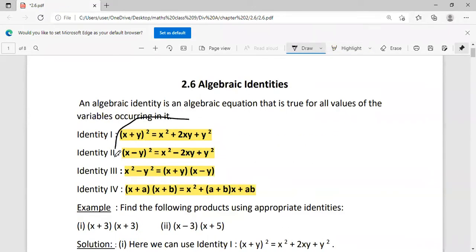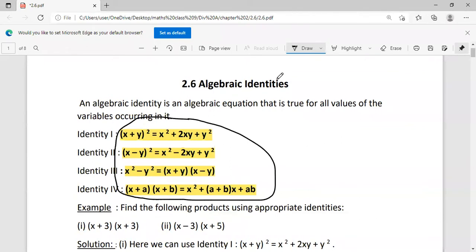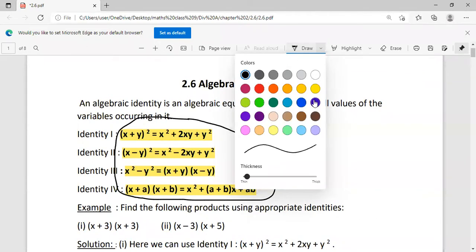These identities are the important identities because it is from these identities we are